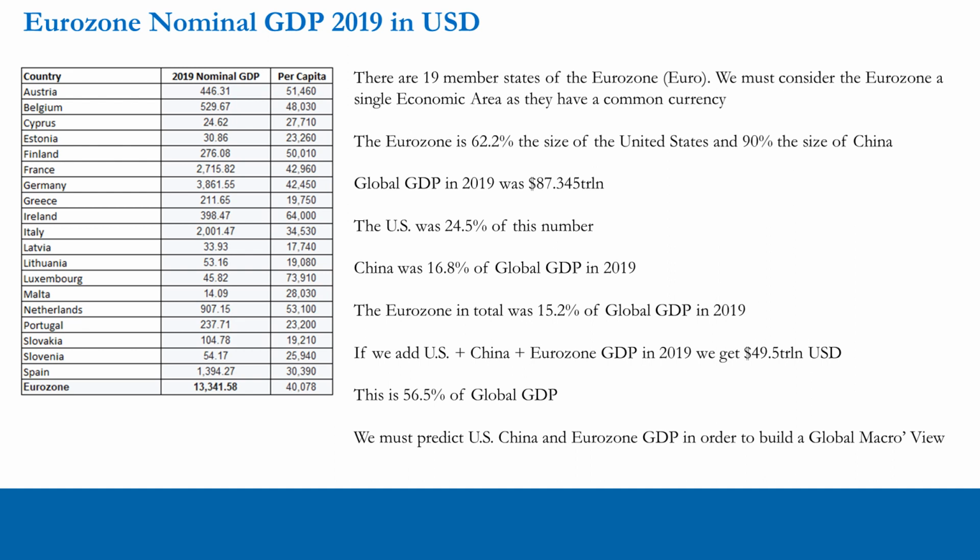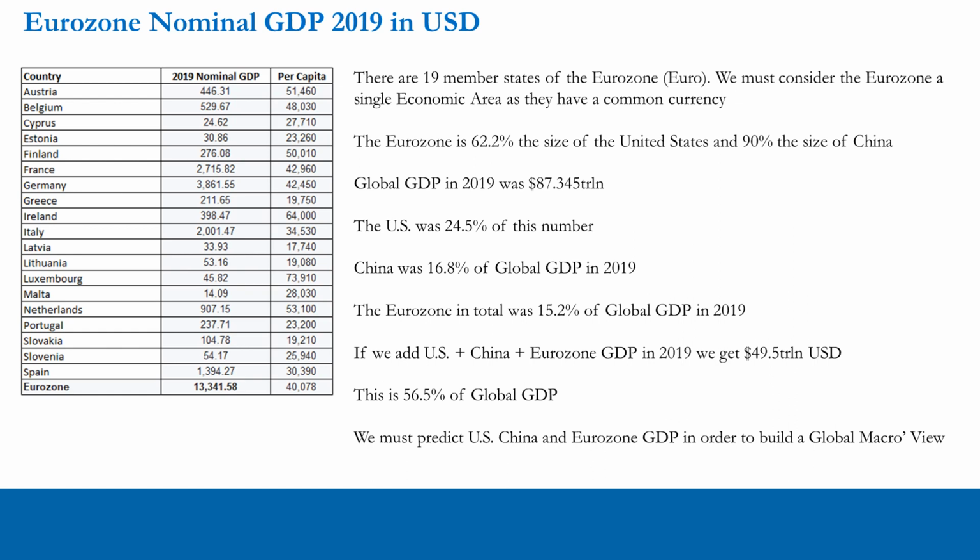And as traders and PMs, we have to constantly try and predict US GDP, so both growth and direction. We also have to do the same for the Eurozone and China, or at least make a very good attempt at doing so. By doing so, we not only get the macroeconomic picture in the US, but we also get the macroeconomic picture internationally, so we can build a global macro view.